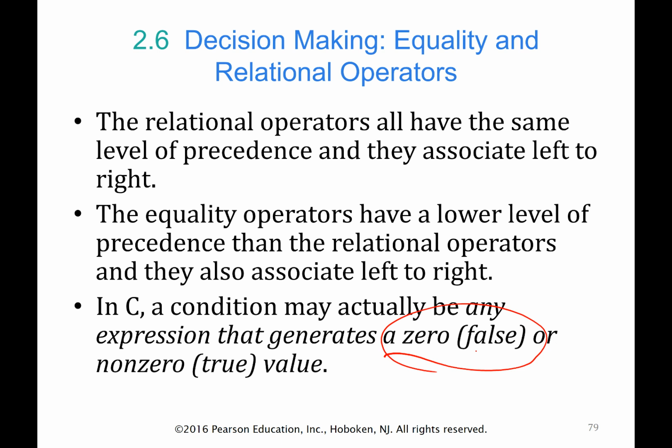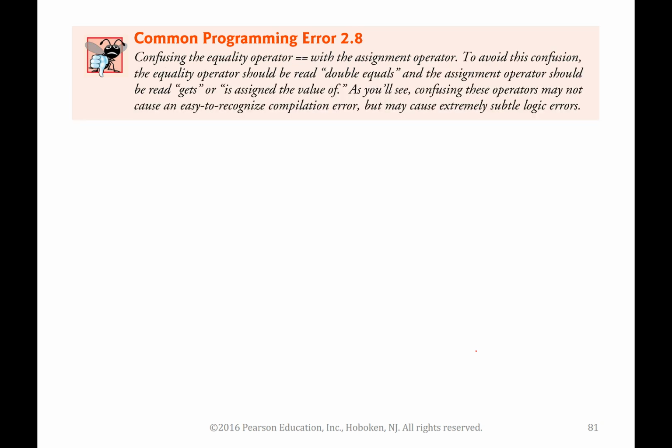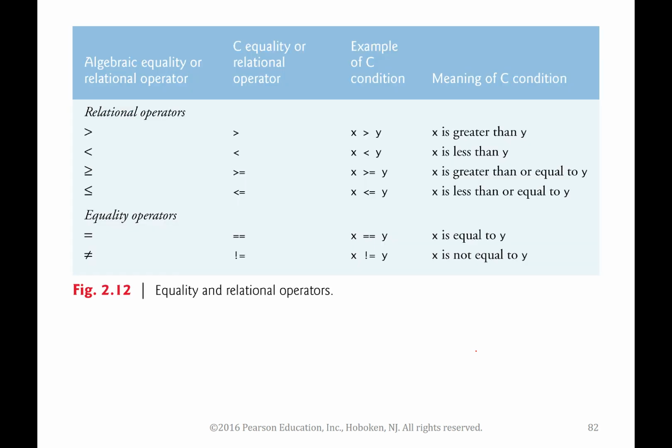And when it does the comparison, it looks for a zero. If it's a zero, it's a false. If it's not a zero, then it's a true right there. So I won't get there. Now there are some expressions that you can put into a condition that will cause all kinds of errors. And this discussion right here gets into the one especially